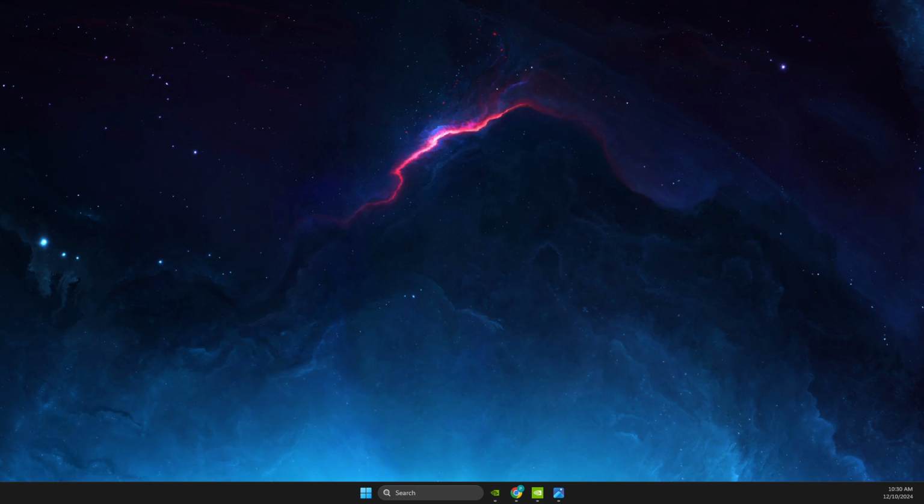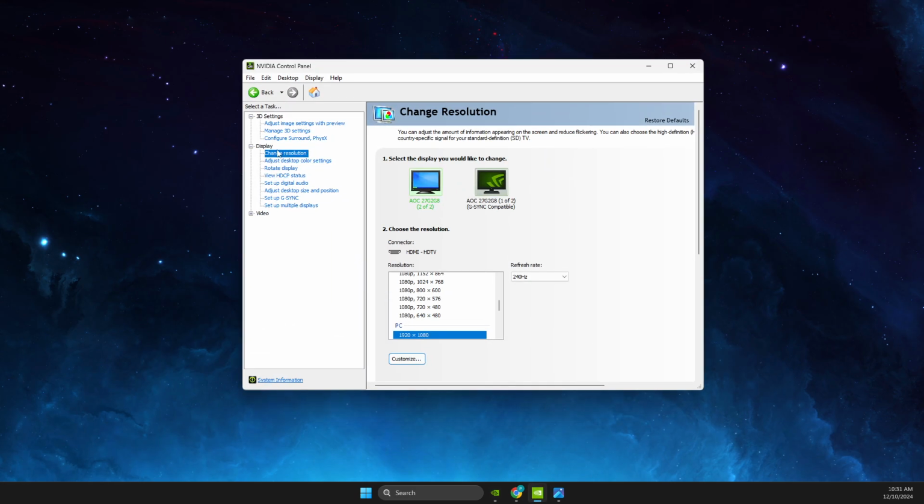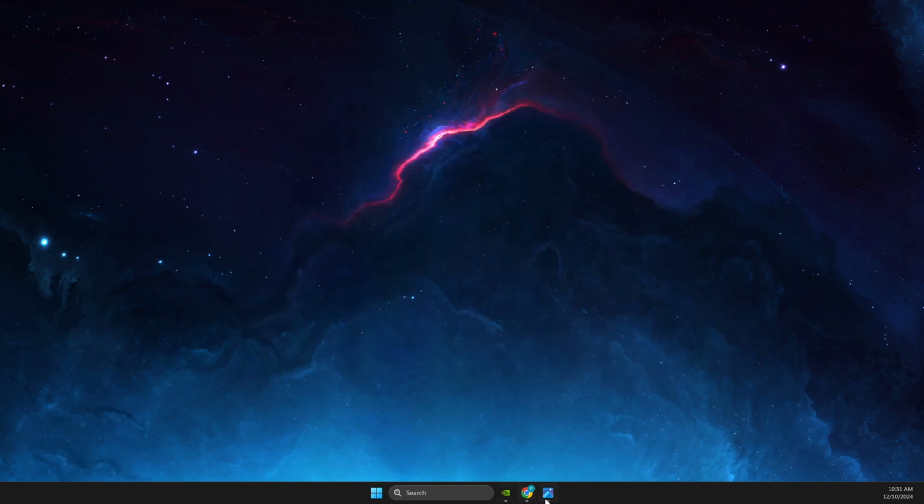Hey guys, in this video I will show you how you can fix NVIDIA Control Panel display settings is missing. So if these settings on NVIDIA Control Panel are missing, there is no display. What you need to do here first is to make sure that your